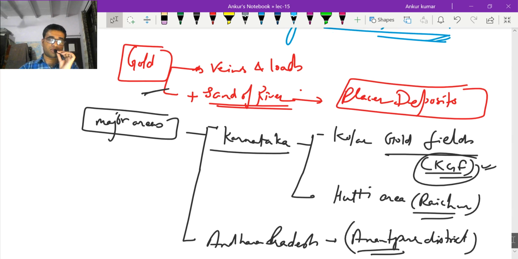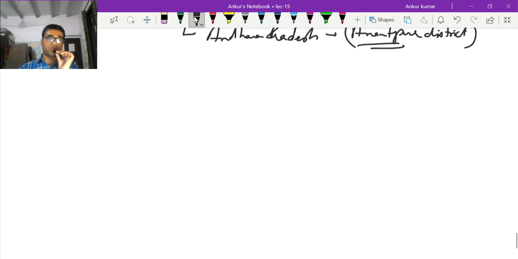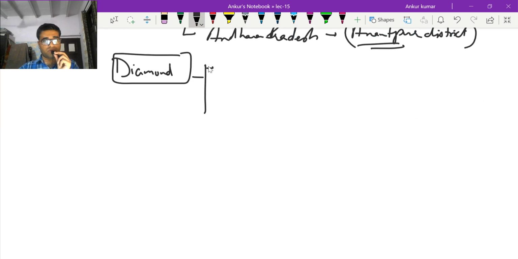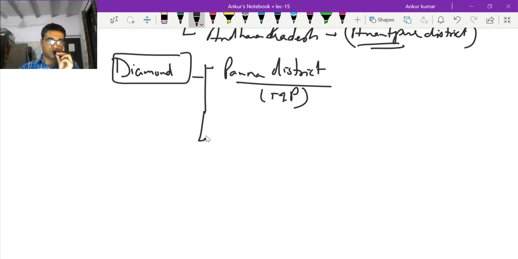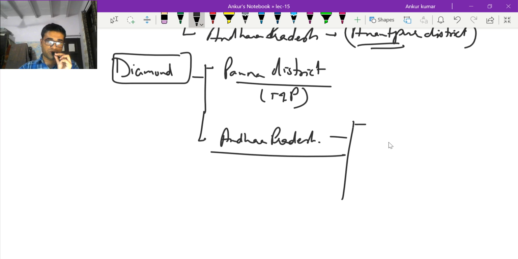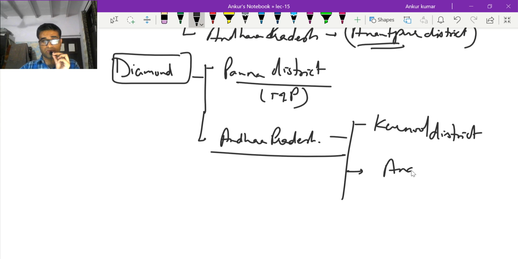Moving on to the next mineral, that is the diamond. चलिए डायमंड के बारे में देख लेते हैं थोड़ा सा। Basically diamond is mainly found in, one is the Panna district. Panna district is in Madhya Pradesh, MP. And the second one is in Andhra Pradesh. आंध्र प्रदेश में कई सारे एरियाज हैं जहां पर डायमंड मिलता है। नंबर वन इज इन द कुर्नूल डिस्ट्रिक्ट में मिलता है, राइट। The next district which you have to remember is the Anantapur,